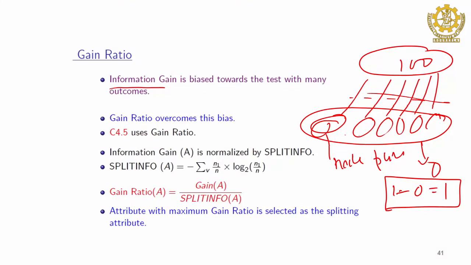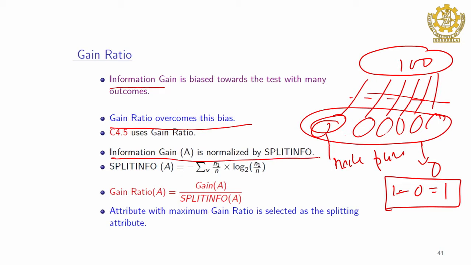That is something called the gain ratio. Okay. So, they introduced a term called the gain ratio, by which if there are many outcomes we can identify and avoid that. So, the gain ratio overcomes this bias. What is this bias? If there are many outcomes, naturally that attribute will be chosen, but many outcomes may not lead to good results, or may mislead the classification problem itself. So, therefore, information gain is normalized by the split info.